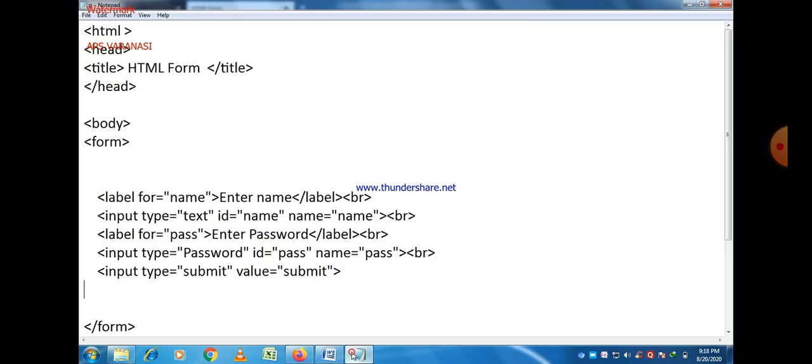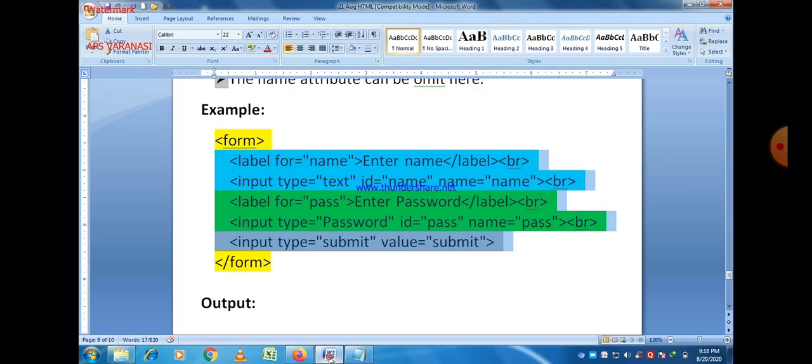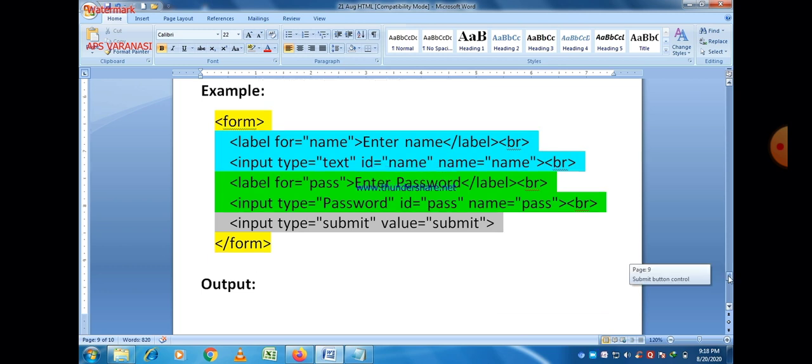You can easily see on the screen. So that is a simple form which contains only two fields and a submit button. First is a text box, second is a password box, and after that a submit button. This shows how to submit a form.